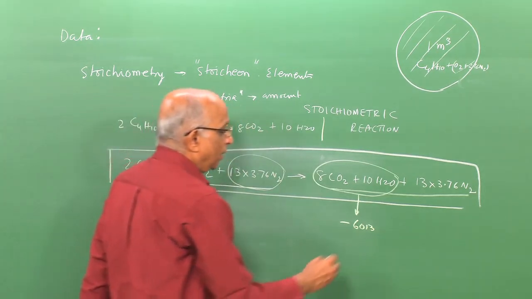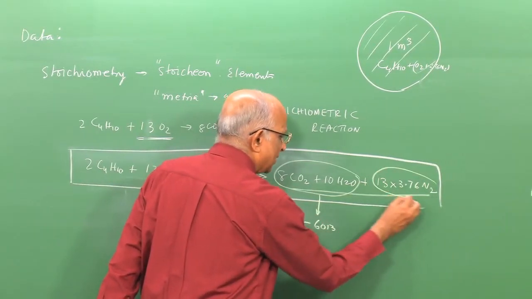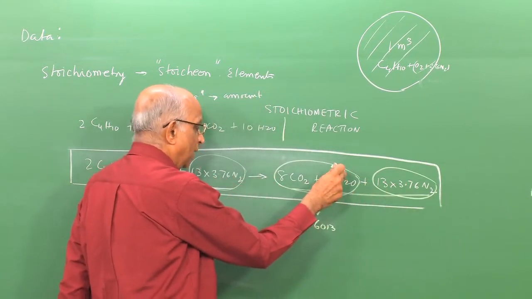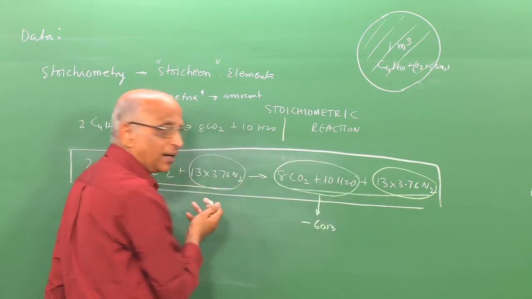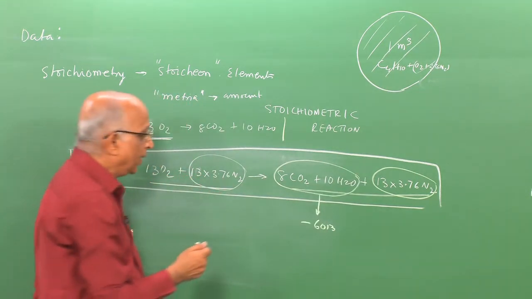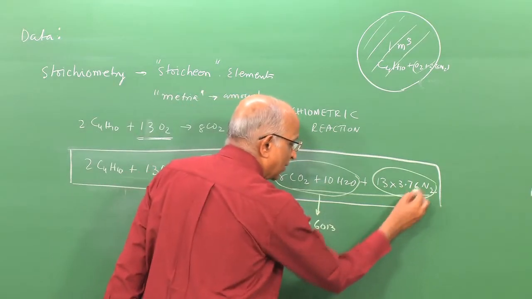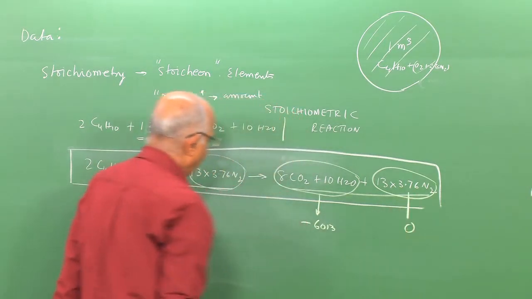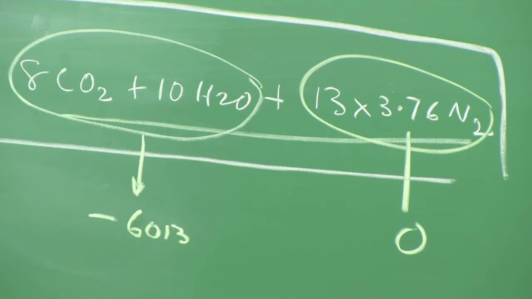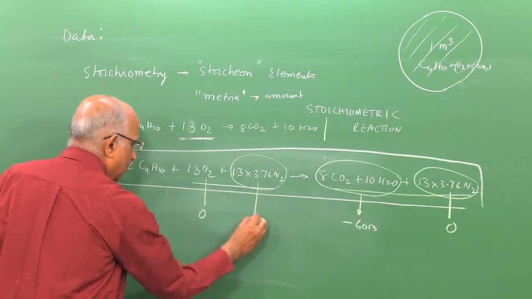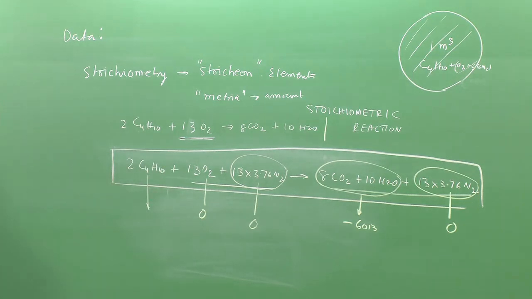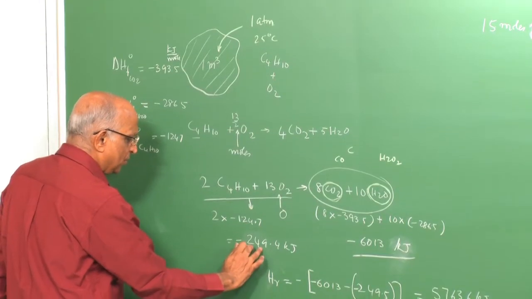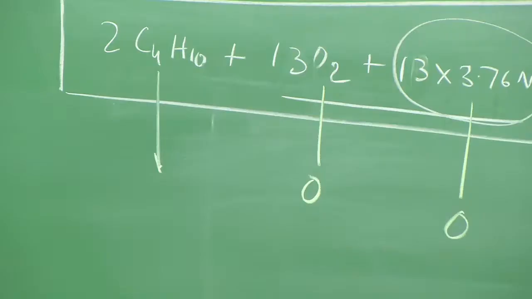And what is the heat of formation of nitrogen at the standard condition? We presume that we are finding the difference when both the products and the reactants are at the same standard condition. And what is the value for nitrogen? It is a naturally occurring element, so it is 0. Over here for oxygen, it is 0 as earlier, a naturally occurring element. For 2 C4H10, if we go back and see the value, it is 2 into minus 124.7, which is equal to minus 249.4.